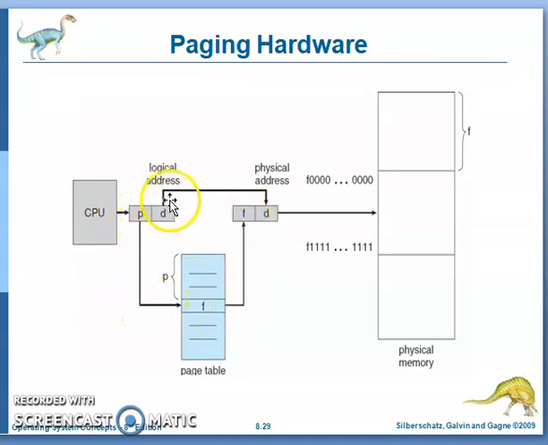The logical address is divided into two parts, page number and displacement value. By using the page map table, you get the frame number, which is combined with the displacement. The frame number plus displacement value is the physical address, translating the logical address to the physical address. The frame value from this to this is the starting address of the frame, and this is the ending address of the frame. This is the paging hardware.